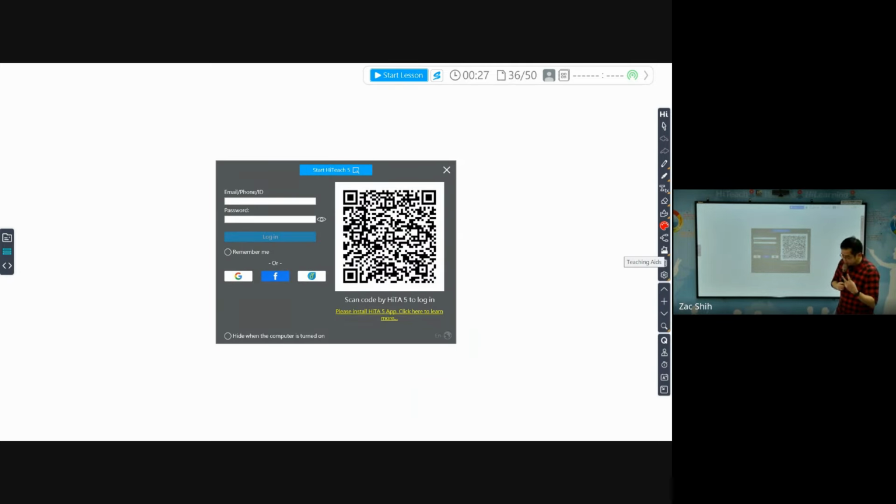So you have two ways to log in. The first way, you can use all these icons to log in. Like maybe you just registered your account in HiTA with a Google account, so you can also use a Google account to log in. This is the first way. Another way, you can use your HiTA application on your cell phone. You get into HiTA, and on the right corner, HiTA can open your camera, and then you can scan the QR code, not this one, on your computer, on your page. And then you can log in. So you have two ways